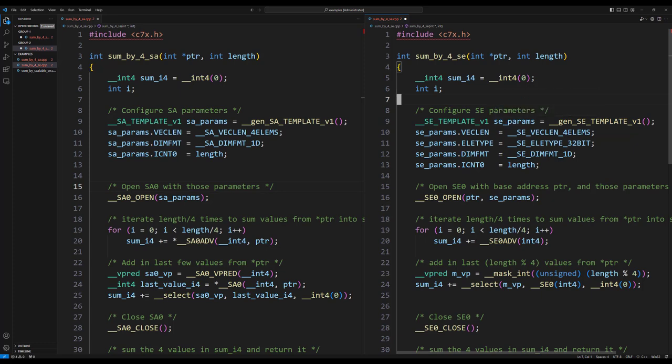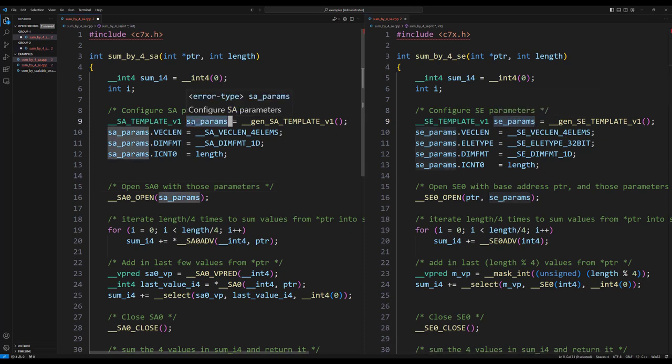Notice how there's an SE and the letters SE in several places where you see the letters SA in the code on the left. Okay, and I named the structure that we're creating and changing some of the fields in it SE params and not SA params as I did on the left.